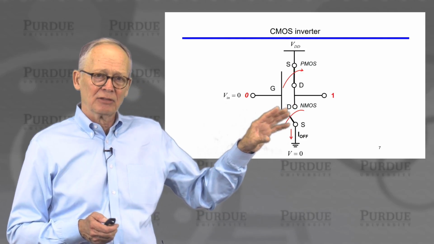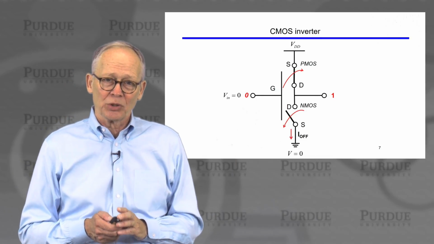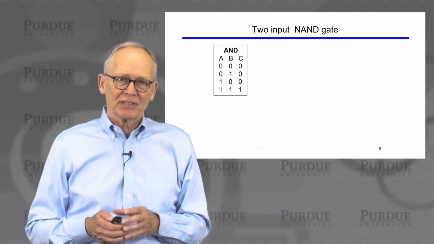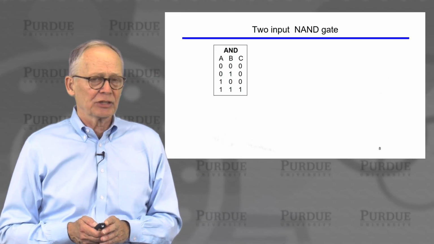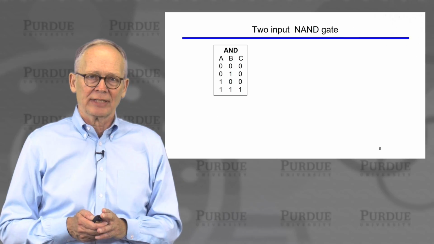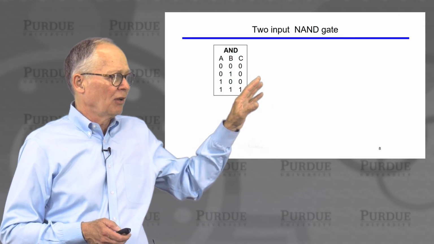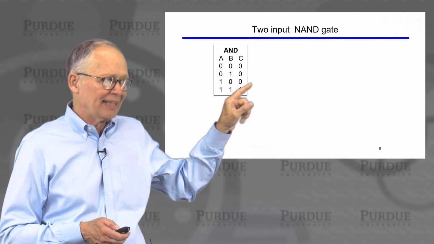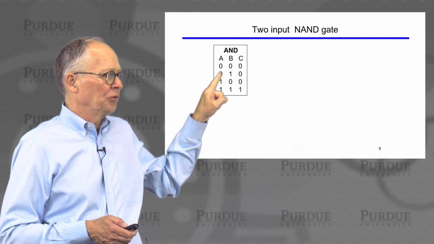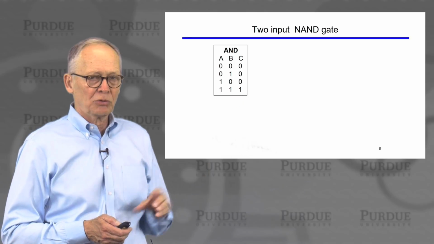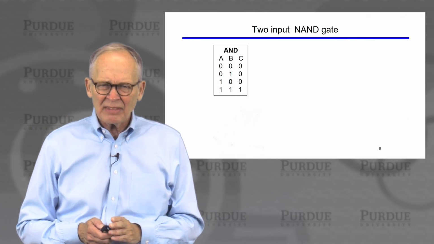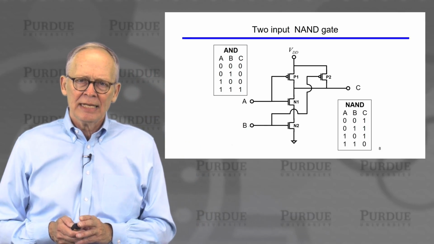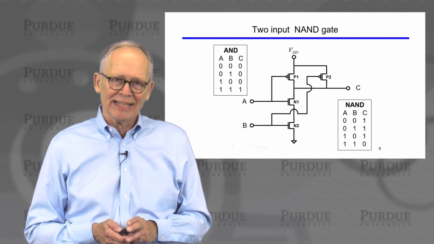In practice, there will be a little bit of leakage current that will flow because one of the two transistors is always open circuited. So we can build logic gates and CMOS circuits from this basic CMOS inverter concept. You may recall one of the things you learn when you take a first course in Boolean logic is the AND function. Both of the inputs need to be 1 in order for the output to be 1. Turns out it's easier, because we're thinking about building circuits with inverters, to implement a not AND or a NAND